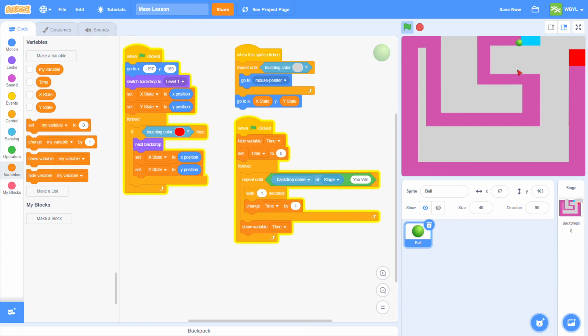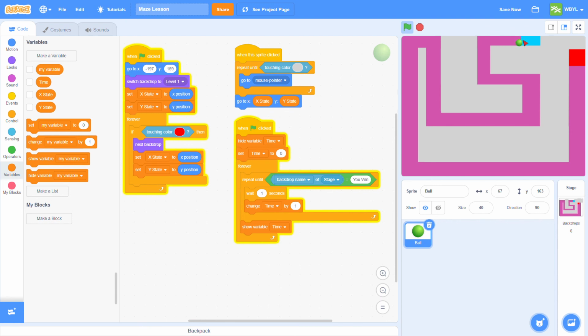Uh-oh. See, and then that's a good thing to test out, because I would need to go into my backdrop. See, I don't know if you guys can tell here, but where I went to the next level, the new level, I'm touching the corner. So every time I click, I go back to my X and Y state, which is set overlapping